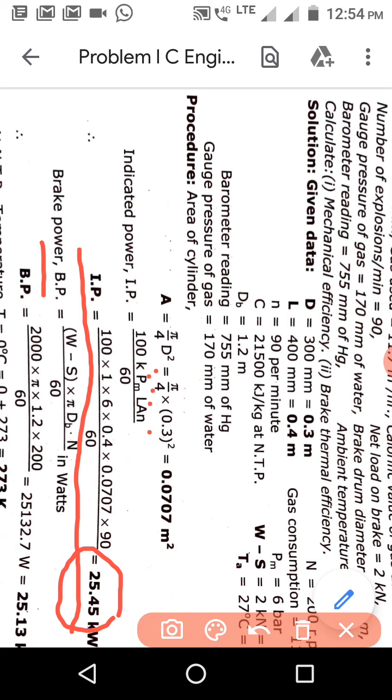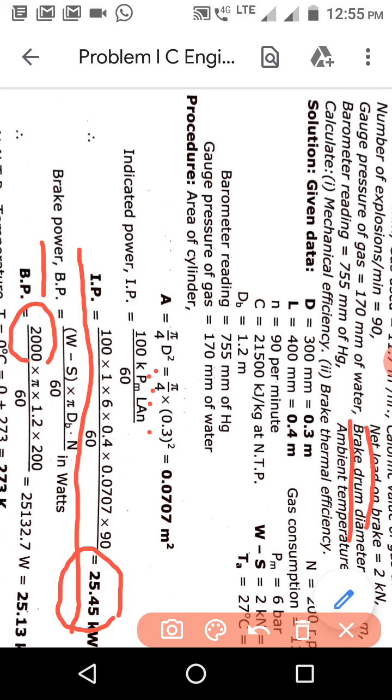The brake diameter, the net load on the brake, and the brake drum diameter are given. So 2 kilonewton is the net load, and the brake drum diameter is given. We have converted it into SI: 2000 Newton into pi into 1.2, the brake diameter, and